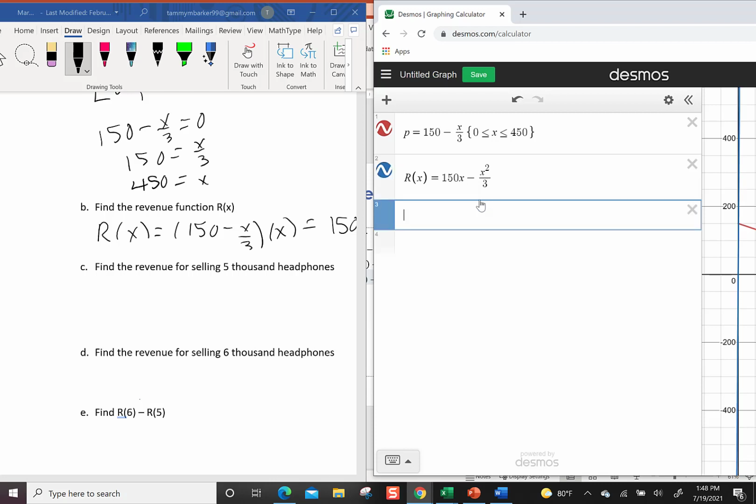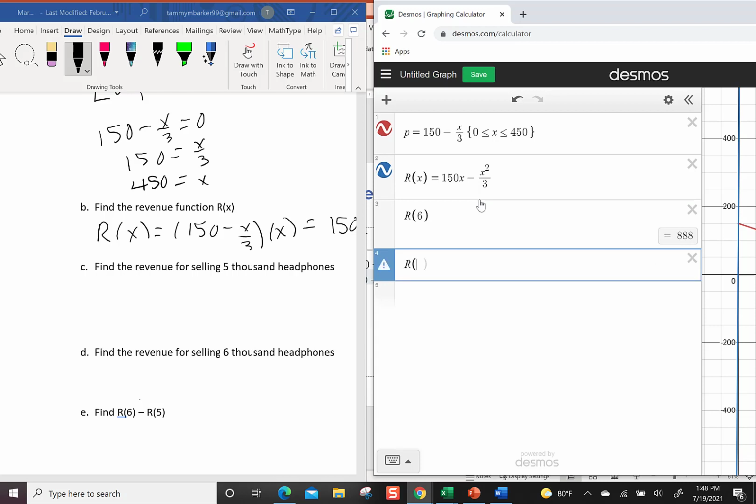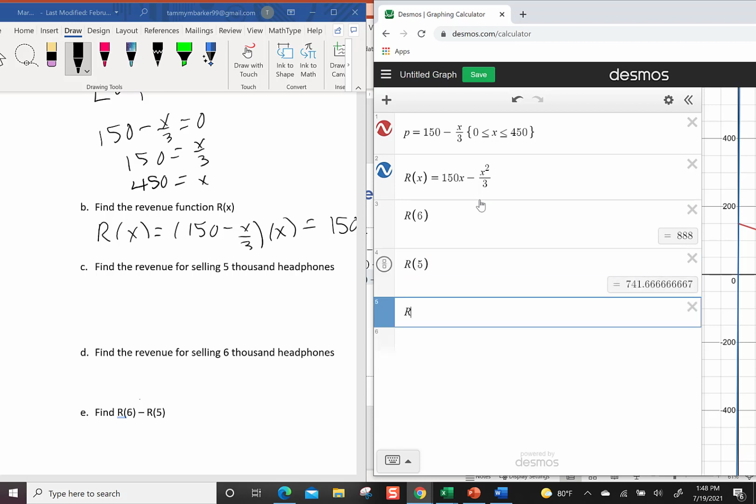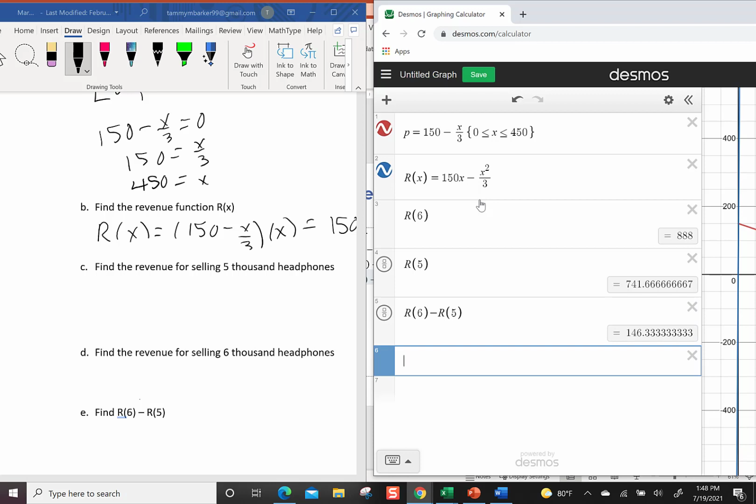Because we want to see the individual values, I'm going to type in R of 6, R of 5, and then R of 6 minus R of 5. Okay. So R of 6 says it was 888, R of 5 was 741.67, and the difference between those two was 146.33. This says when the number of headphones sold increases from 5,000 to 6,000, then the revenue will increase by